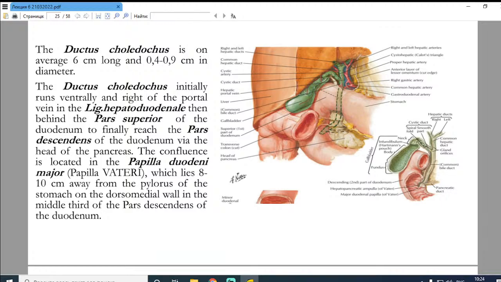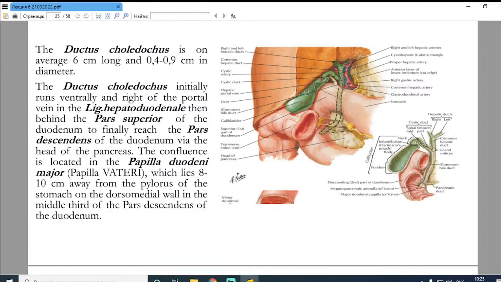initially runs ventrally and right of the portal vein in the ligamentum hepatoduodenale, then behind the pars superior of the duodenum to finally reach the pars descendens of the duodenum via the head of the pancreas. What you see via head of pancreas. The confluence is located in the papilla duodeni major,